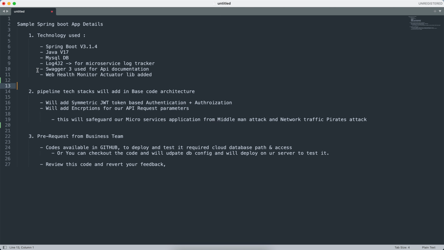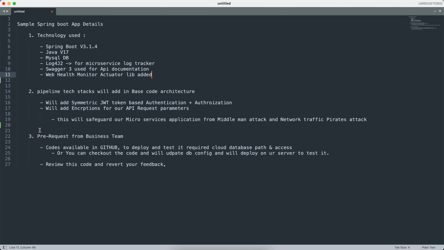So these are the things. Currently I use my local DB, so I mentioned it here. If I share the code on GitHub,